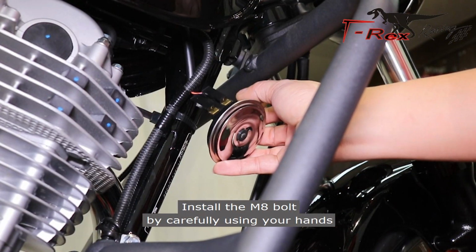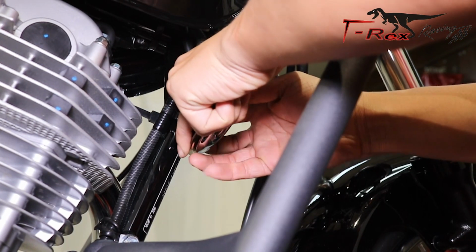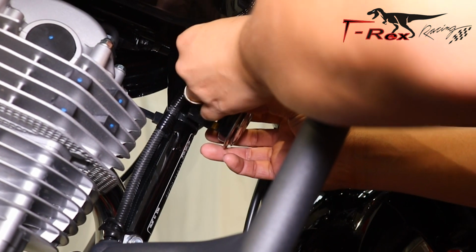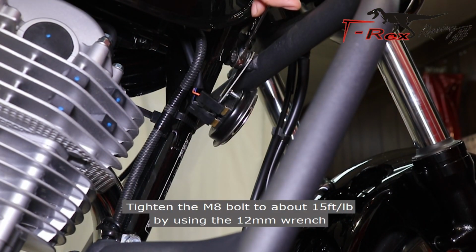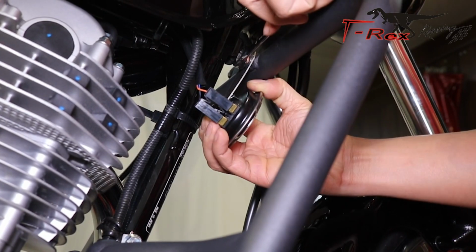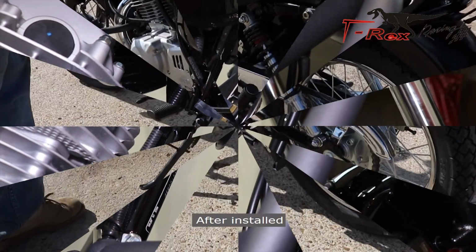Install the M8 bolt by carefully using your hands. Tighten the M8 bolts to about 15 foot-pounds by using the 12mm wrench. After install,